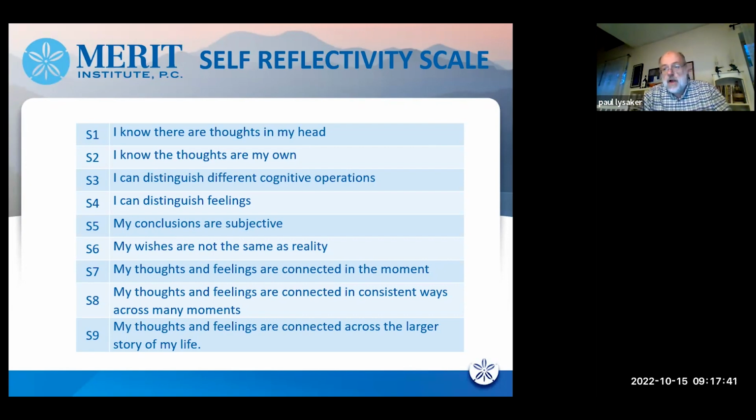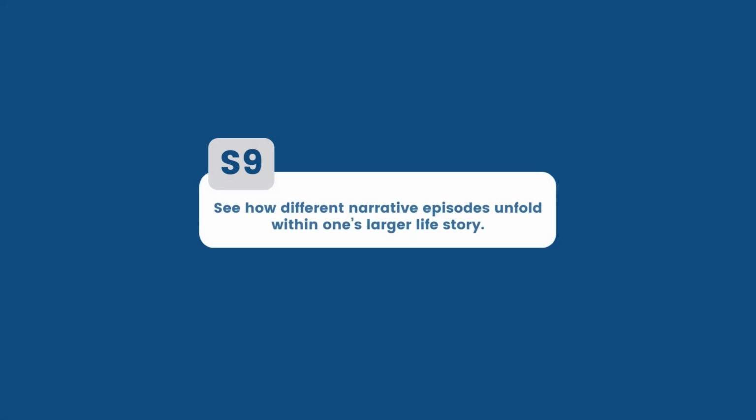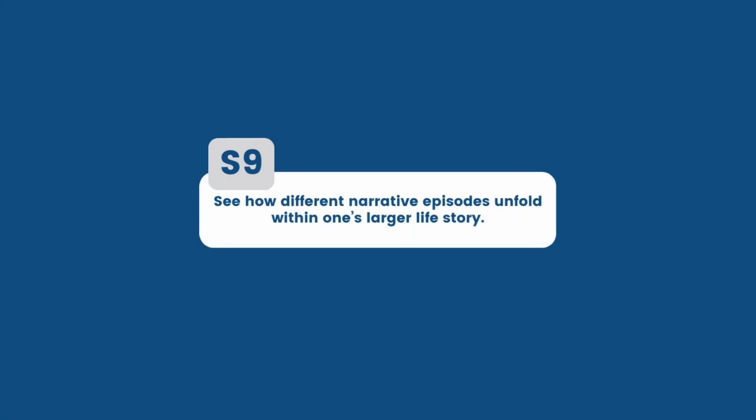Technically, you could get a 0 on this. At the lowest levels are the greatest degrees of fragmentation, and at the higher levels, you have a rich, full sense of the complexity of your life. Here's an attempt to draw a picture of what it looks like if you're capable of doing the ninth level of the S scale, which would mean you can do all the levels below it.